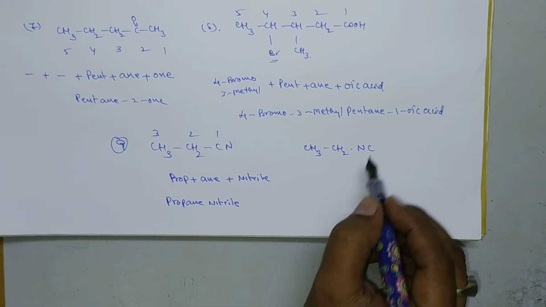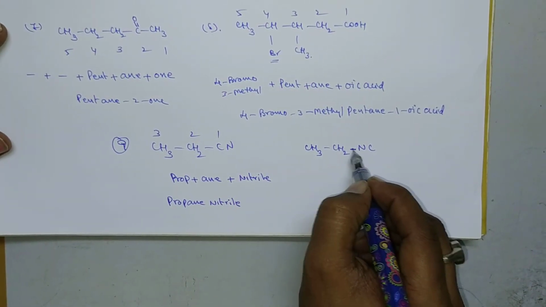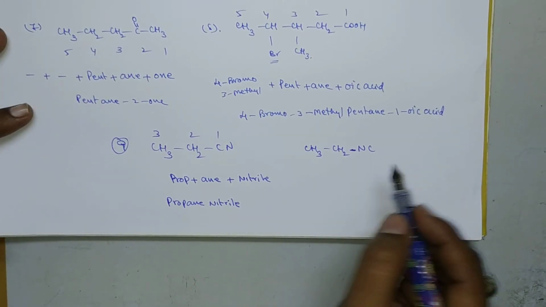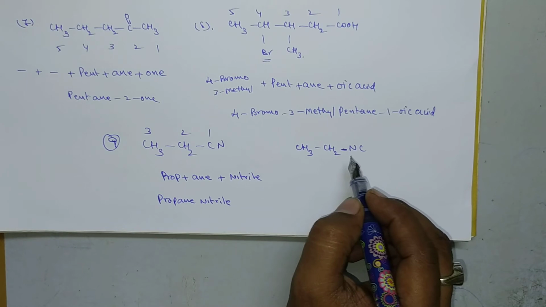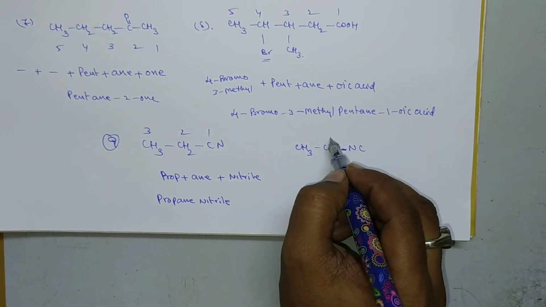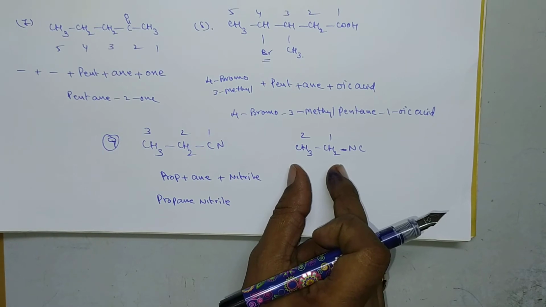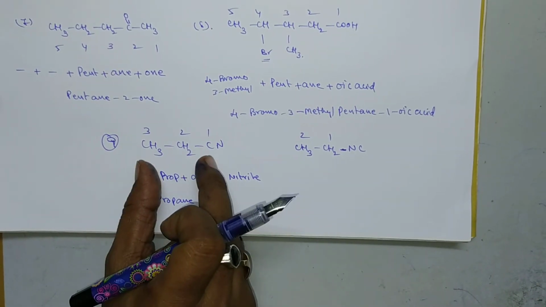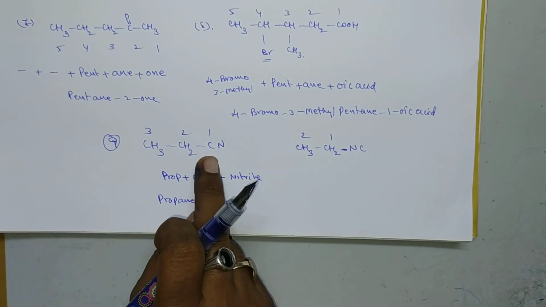Okay. So here is another example which is similar to this one, that is CH3CH2NC. NC means isocyanides. Here CN means cyanides, and here NC means isocyanides. So how can you name it? We have to number from the functional group carbon. Here the root word is eth only. Here there are 3 carbon atoms. In the case of cyanides we have to take the functional group carbon into consideration also.